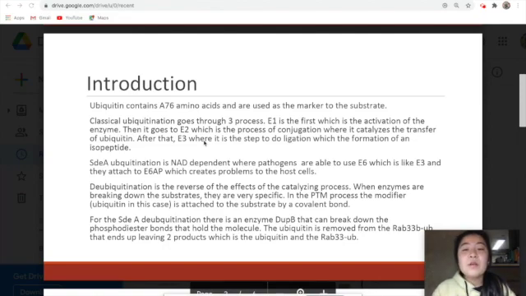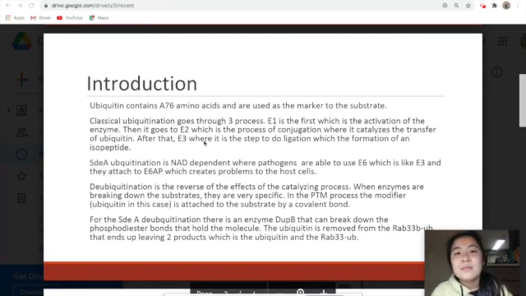The protein that we're focusing on for this NAD-dependent ubiquitination is Rab33B, and we're going to see how the addition of NAD will carry out the reaction between ubiquitin and Rab33B, which will create a protein called Rab33B-UB. And with any ubiquitination process, it can go through a reversal process called deubiquitination, which